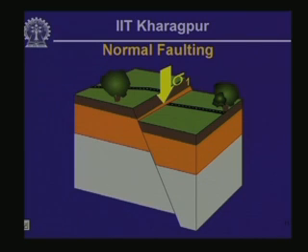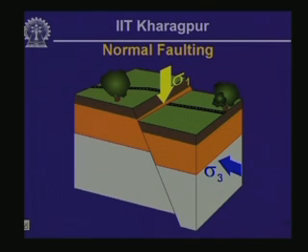What we are considering here, as you should have noticed already, is that the layers of rocks and soils are horizontal. If the layer was inclined, then also we could have normal faulting, but there sigma 1 would have been in the direction perpendicular to the layers, and then the minor principal stress is going to be in a direction perpendicular to the direction of sigma 1, in the horizontal direction, and that is how the direction of sigma 3 is shown on the right